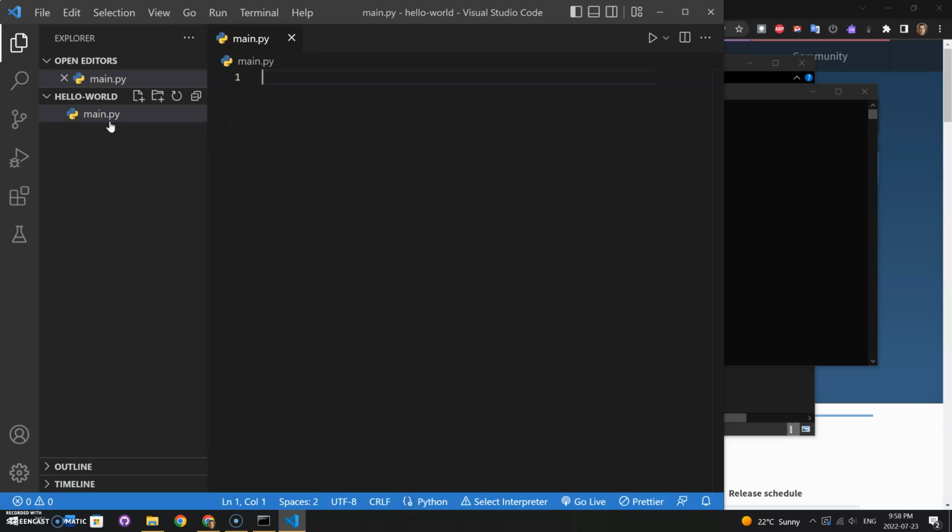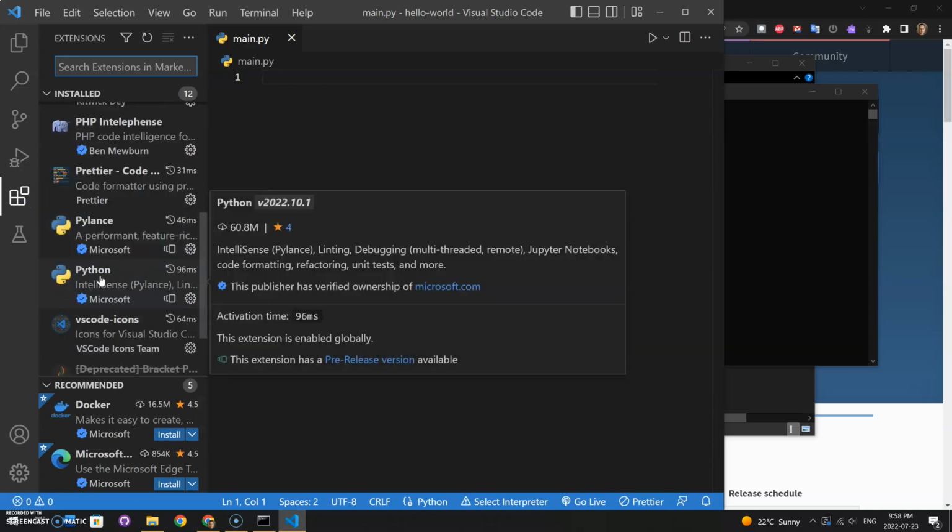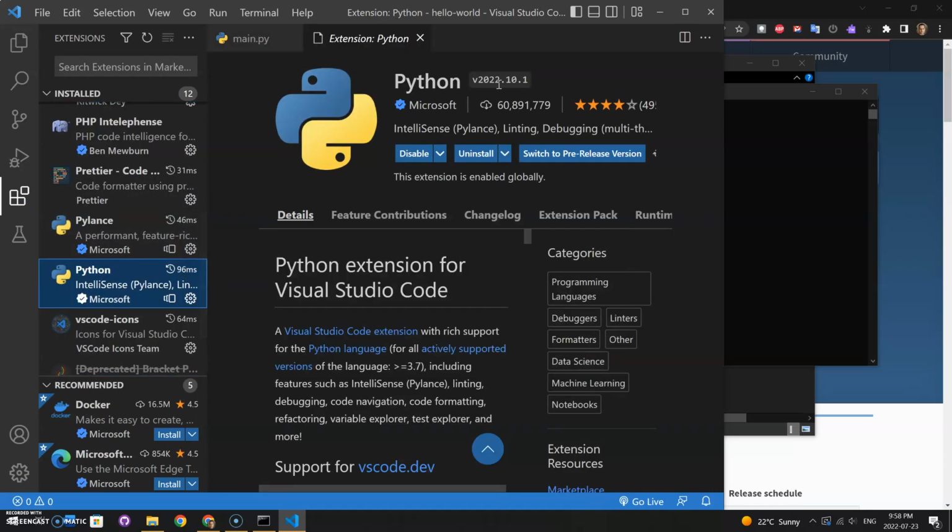You want to make sure it has that .py extension at the end of the file, so VS Code knows, so that the computer knows it's a Python file. And then in your extensions here, you're going to want to make sure that you have the Python extension. VS Code will probably recommend that you install this. It gives you code completion and IntelliSense and things like that,